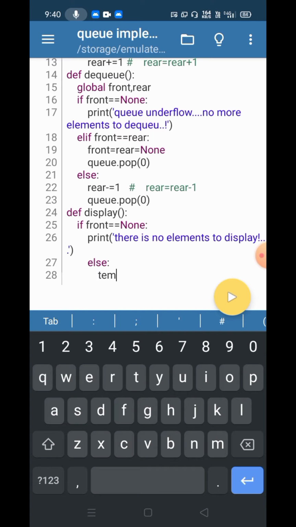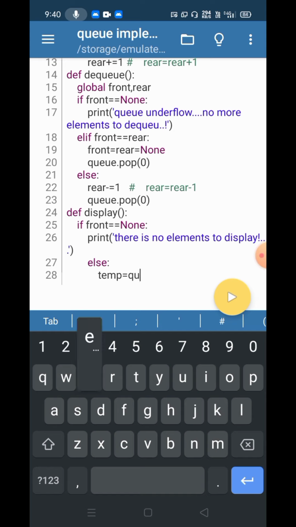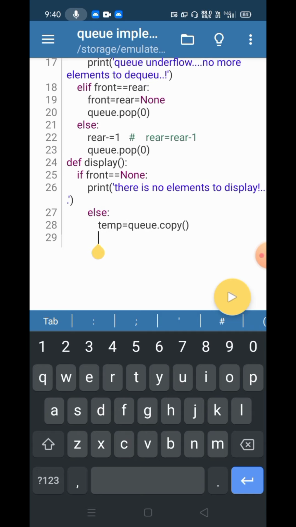So first I will take a temporary queue. temp is equals to queue dot copy. So the changes I make in the temp will not affect the actual one. And after that I am going to reverse the temp, temp dot reverse. Since I am going to use a join function, which works on strings, I will convert all the integers in this temp into strings.